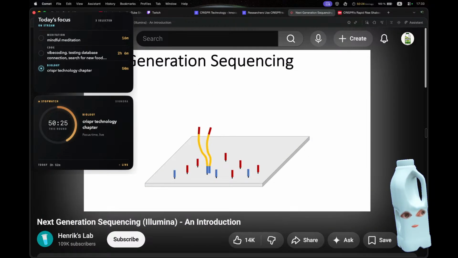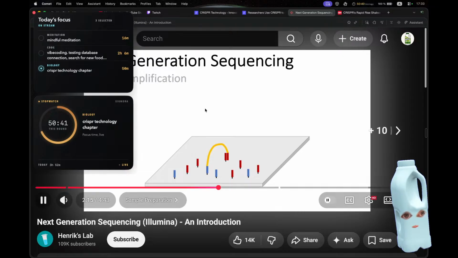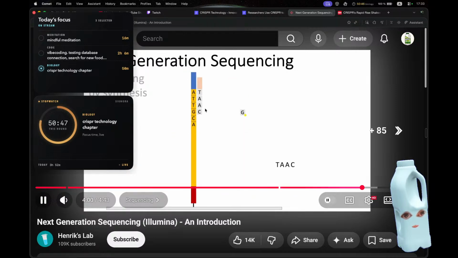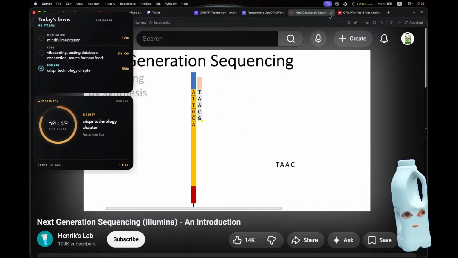Now the DNA is denatured and the single strand, which is not attached to the flow cell's oligonucleotides, gets washed away. The next step is called bridge building. You may have noticed that we have two different types of oligonucleotides here. Notice that due to PCR